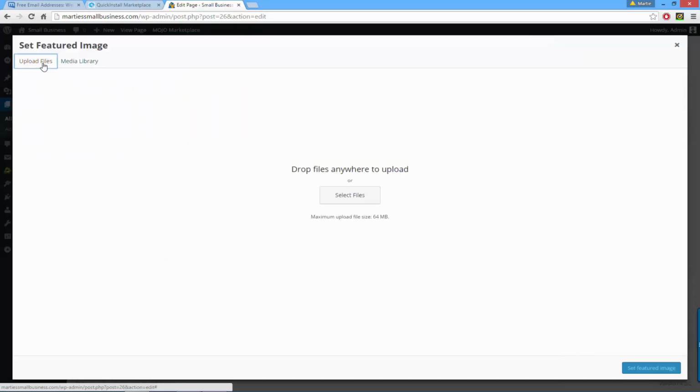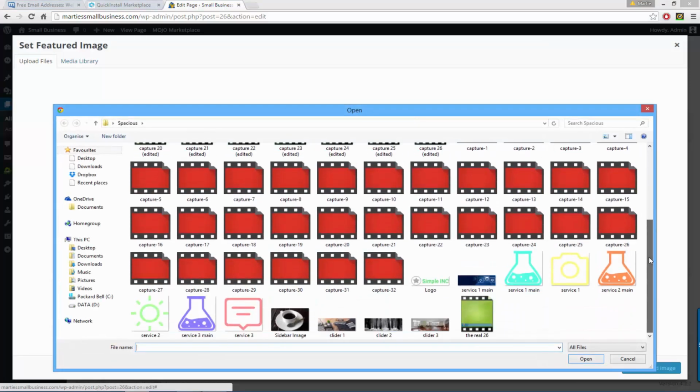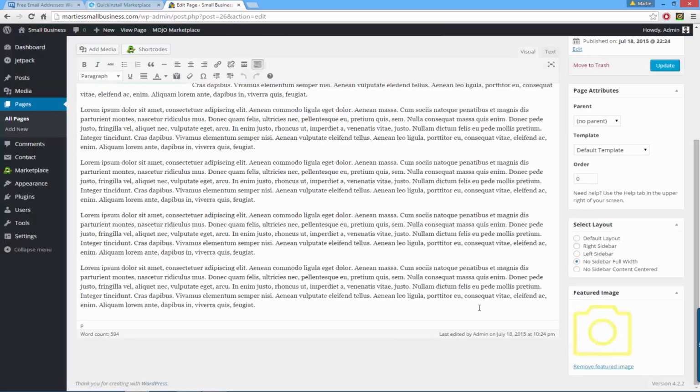Then just click Upload Files, select Files and then search for the image on your computer. So for me it's this one. Once you find the image you're going to use, just click Open, and then in the bottom right click Set Featured Image. Once you've done that, you can just click Update in the top right,